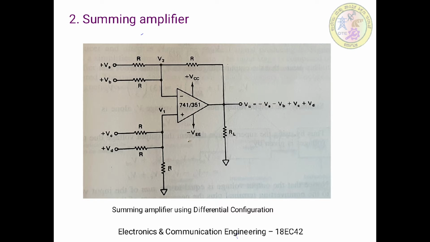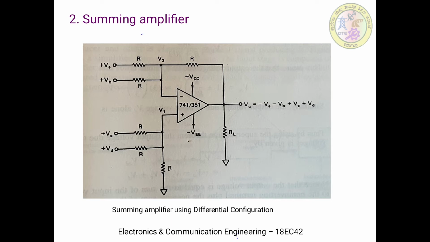Now with this the circuit is supposed to give the sum of all the signals, that is V0 should be the sum of all the applied inputs. So let us see how that V0 can be derived in this case. Even in the previous inverting configuration, while discussing the summing configuration, we have seen how superposition can be used to get the total V0. Here also, as there are n number of inputs, applying superposition will give the final V0 equation. So what do we have to do in the superposition theorem?